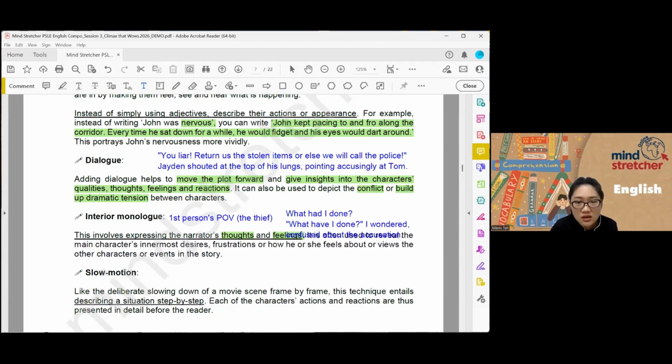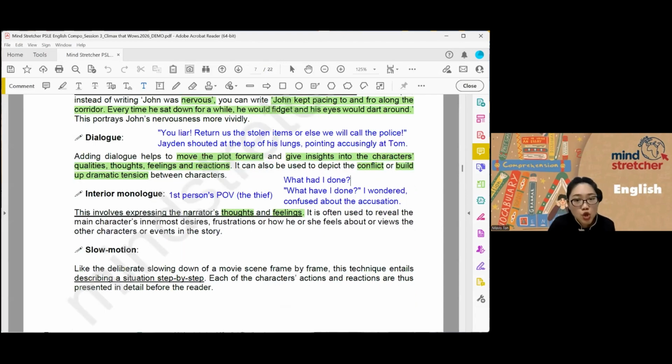So if you are using quotation marks, use the present tense. You learned it in S&T, right? But when you do reported, or your story is already being told in past tense, and you're just talking to the readers directly, what had I done? Then you don't need quotation marks. If you want to, you can. No issue. Just make sure you punctuate it correctly.